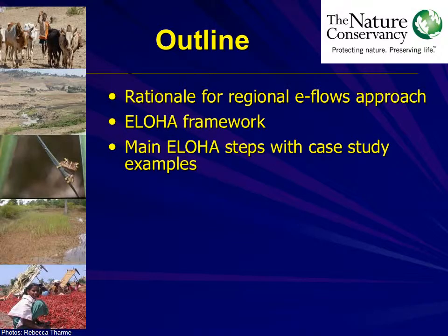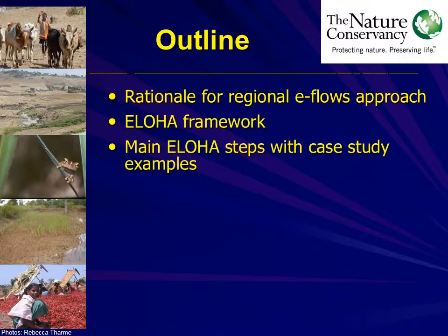So I'm going to start by just giving a little bit of context in terms of the rationale for why we might want to address environmental flows at the regional scale. I'm then going to talk through the basic components of the framework for setting environmental flows at the scale, or the Ecological Limits of Hydrologic Alteration framework. And then I'll try and work through some of the steps of ELOHA with some illustrative case study materials, bearing in mind that this is a fairly new approach, so the number of case studies to date is fairly limited